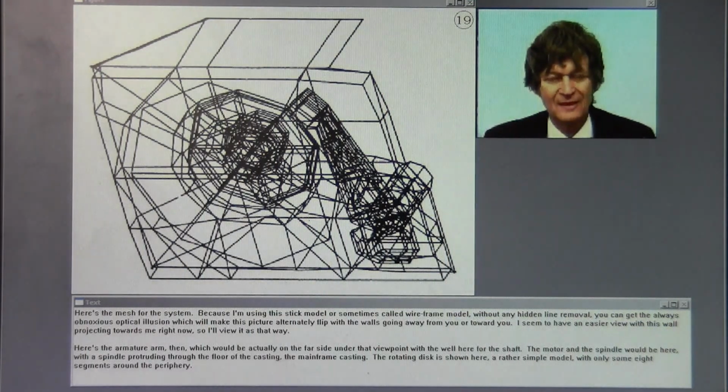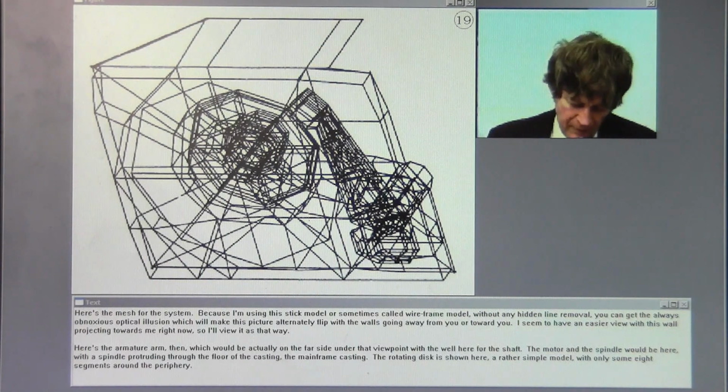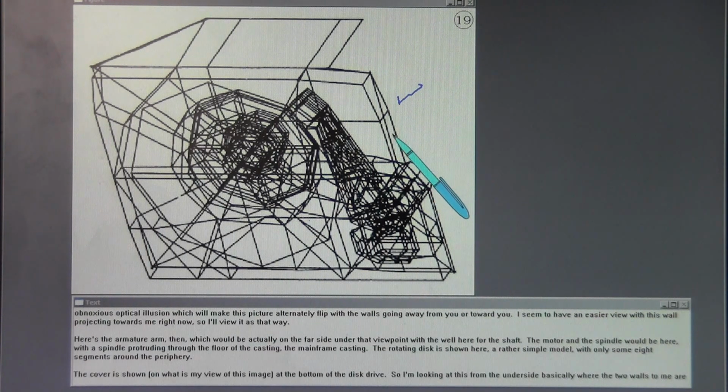Here's the mesh for the system. Because I'm using this stick model, or sometimes called wireframe model, without any hidden line removal, you can get the always obnoxious optical illusion, which will make this picture alternately flip with the walls going away from you or toward you. I seem to have an easier view with this wall projecting toward me right now, so I'll view it